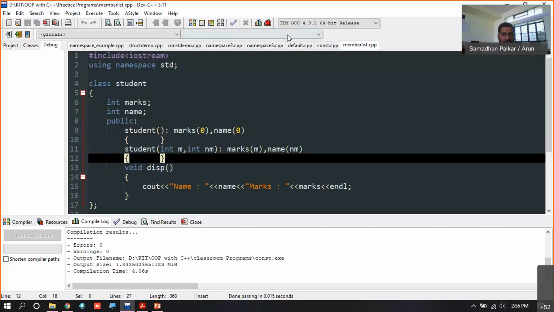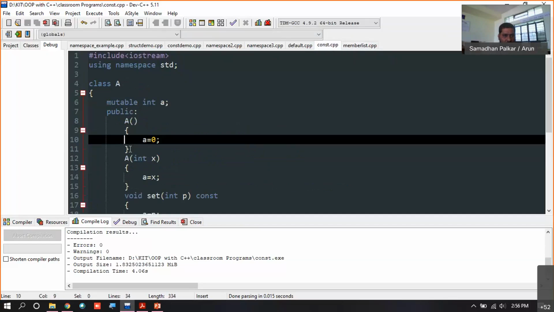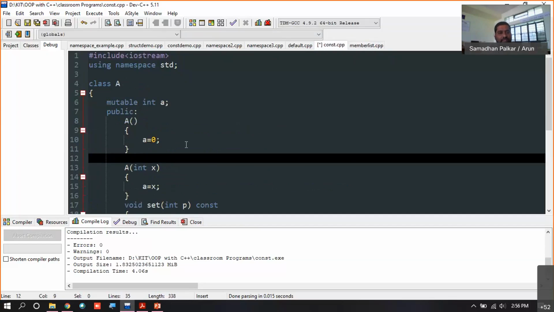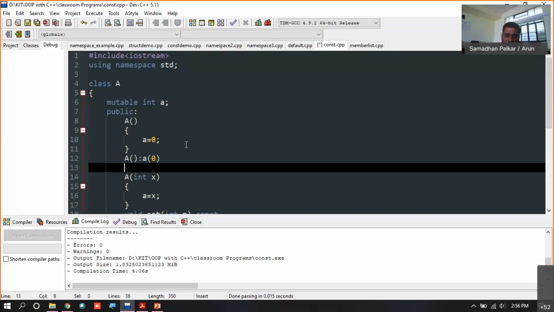So how to write this: if I want to use an initialization list, then I write the constructor, then a colon, then I use the variable which is a here, and this is simply called member initialization by using a list.